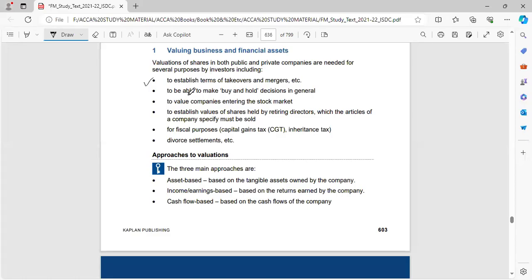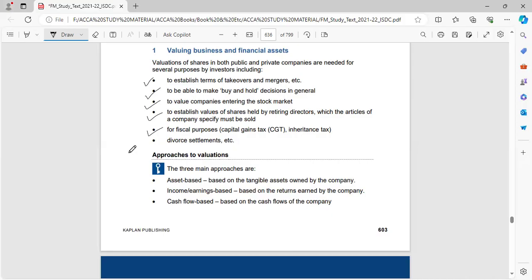You want to acquire another organization, or buy and hold this organization or investment, or you are valuing the companies because you want to enter the stock market, or establish the value of shares held by retiring directors, or calculate the value to determine capital gains tax,